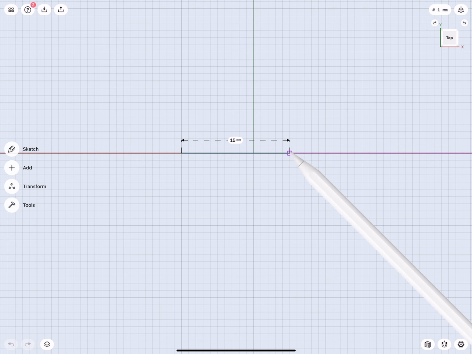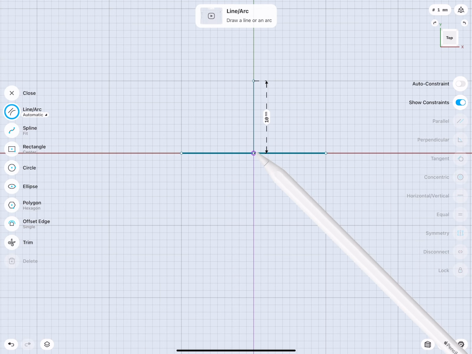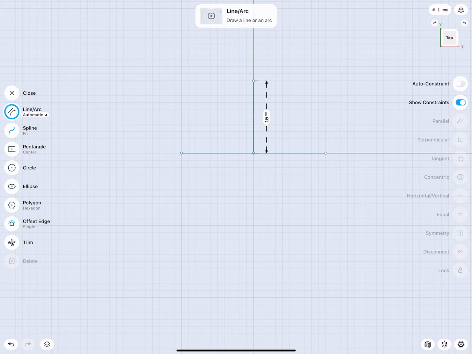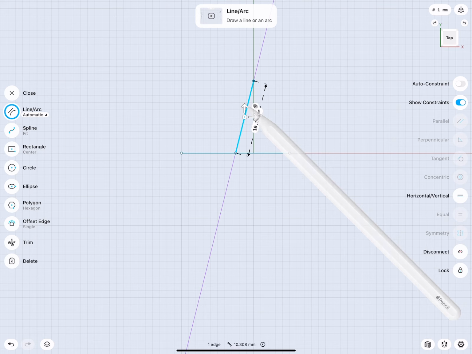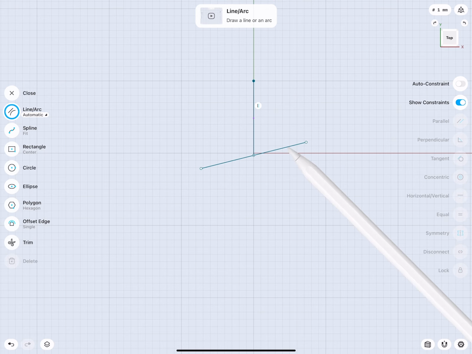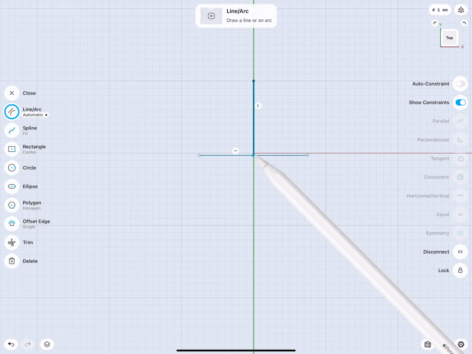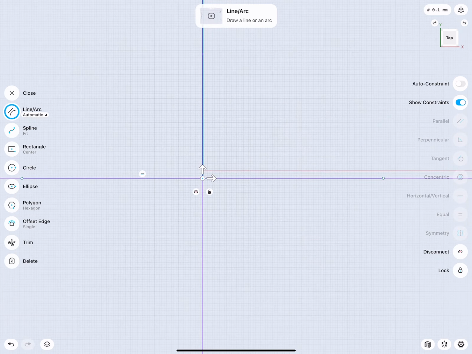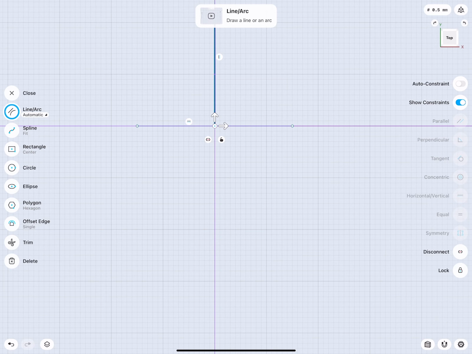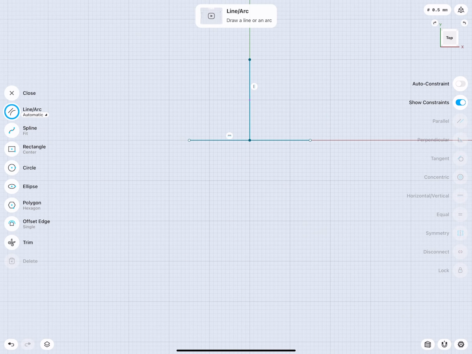So I will draw here a line, and then I draw a vertical line. This vertical line you see is aligned along the y-axis. I will lock it. This is actually my mirror axis. And I drew this line right on the midpoint. Let me actually do this a little bit crooked. So there you see it snaps to the midpoint. Now I lock this point and set this to be horizontal, vertical, and horizontal, vertical. And this now I will snap to that axis. And I can lock this point. Very nice.